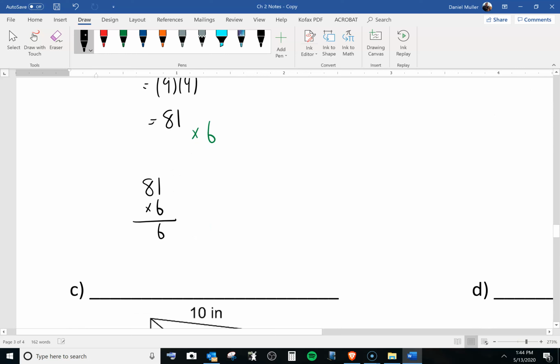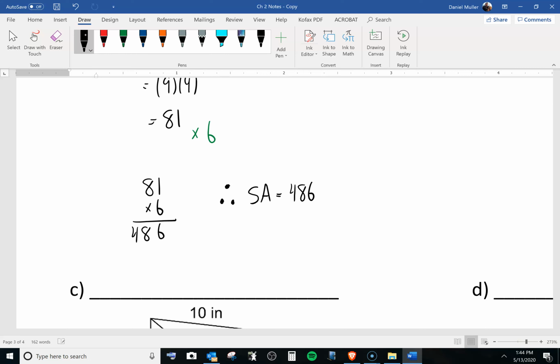6 times 1 is 6. 6 times 8 is 48. And so you want to have some sort of concluding sentence. Therefore, that's the therefore symbol. The surface area, so I'll do SA for surface area, is